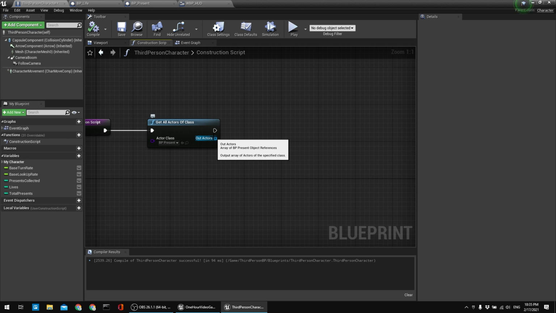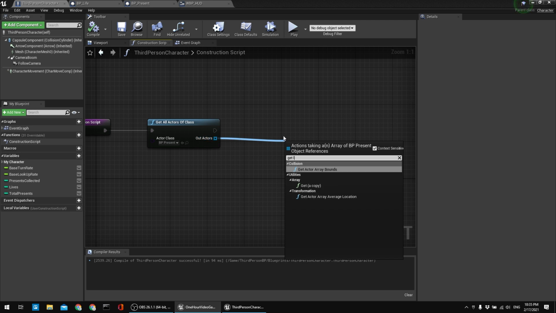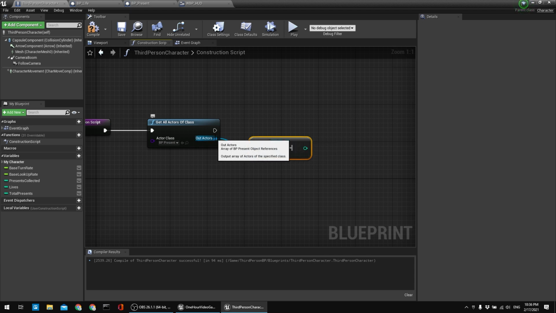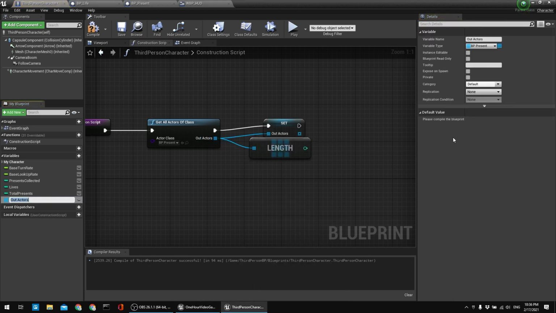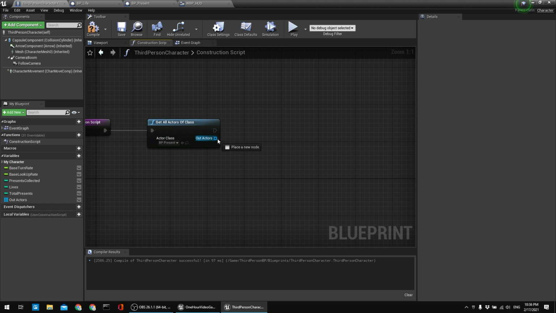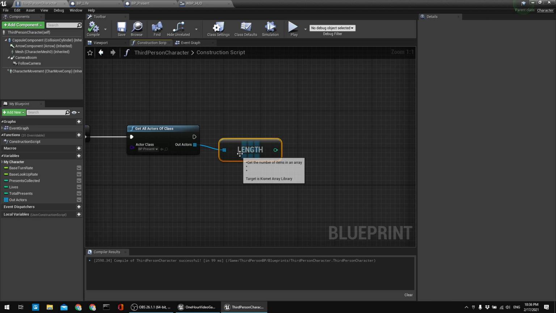And I have this returns array of actors, and I'm going to see what's the length of this array, basically how many things I have inside my array. And let's get length, it's just array length. Let me see what's the word actually, how many elements. Okay, that's the word, elements. So basically, length function is going to tell me how many elements do we have inside our array,